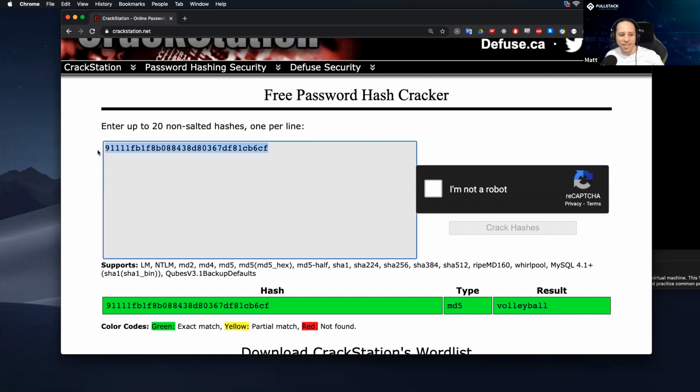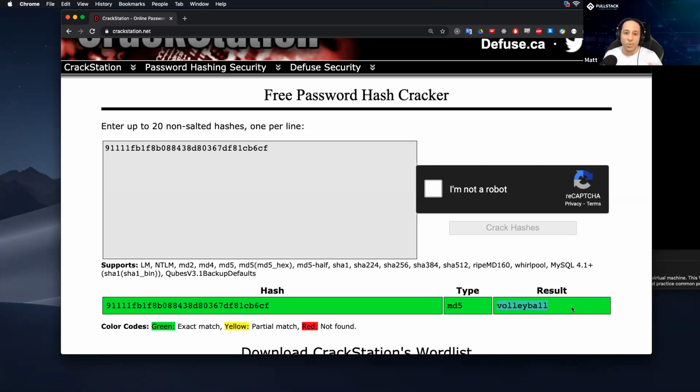So we're not using math to take this and go backwards. We're saying, what if we already took a bunch of common words, hashed them, and saved them in a table? That way, if you look up the hash, you can find what it originally was. So we're being kind of clever here. We can't do the math to go backwards, but we can just keep a record of what it was originally and what it hashes to.